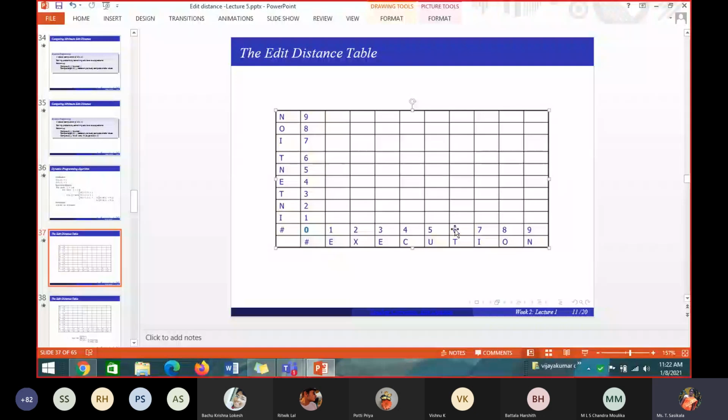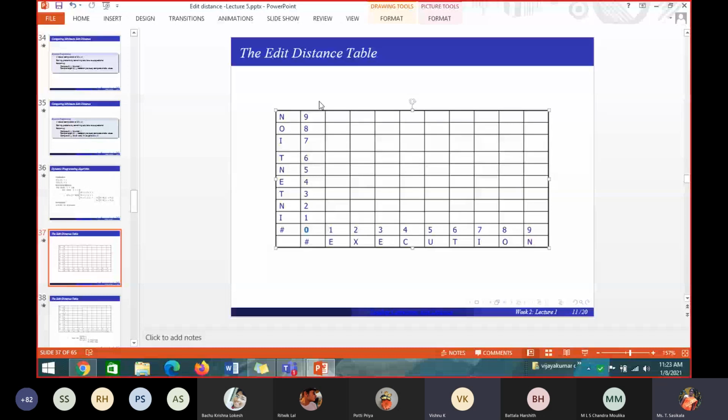Can you tell me, using the previous formula, how I can calculate what is d of 1 comma 1? This box is what? First I am filling this box. This I am checking with E and I. I am checking the input word I with the output word E. I am finding the distance between I and E. So what is the I value and what is the J value? I is from 1 to N, 1 to 9. J is the output string from 1 to M. M comma N, right? So 1 to M is 9 here and 1 to N is also 9.